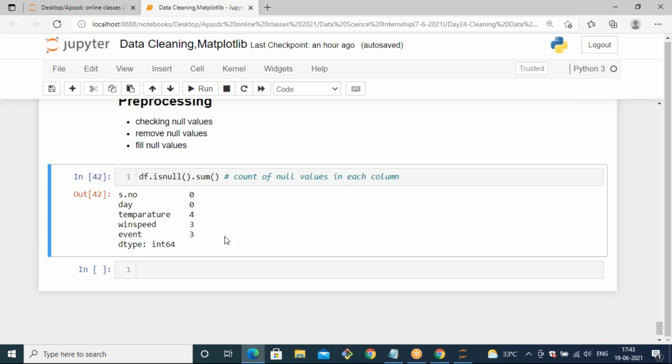Like this you will generate the count of the null values with respect to every column when you pass isnull().sum(). Okay, when you pass sum only you will get this result. Otherwise you will get true or false results in the given data set. Okay, is this step clear to all? Find out the sum of the null values, because it is very important. We are doing this step every time in the coming days.